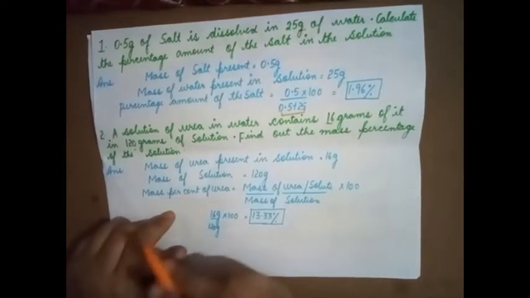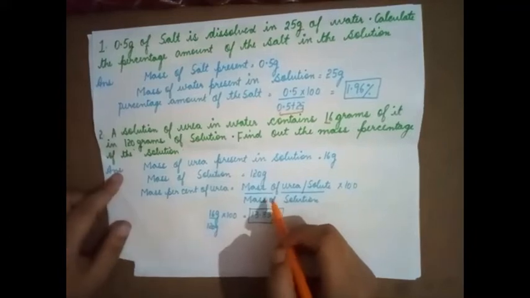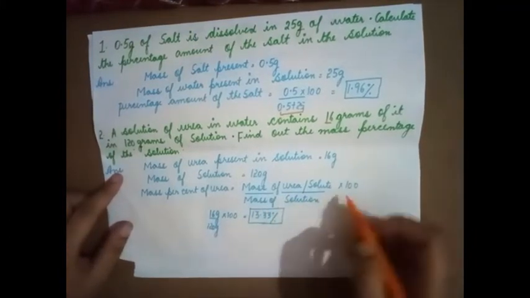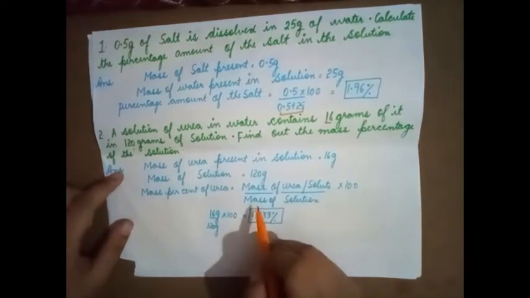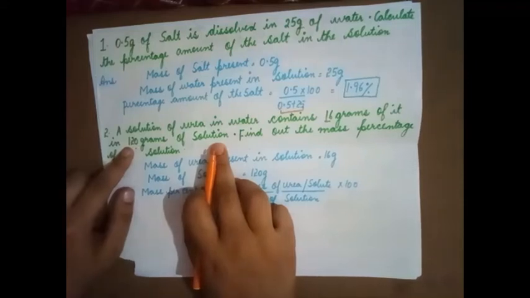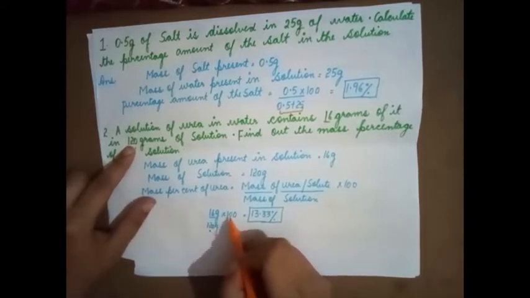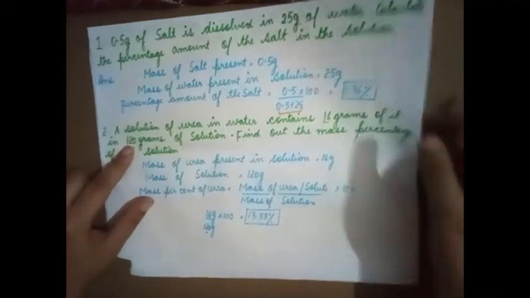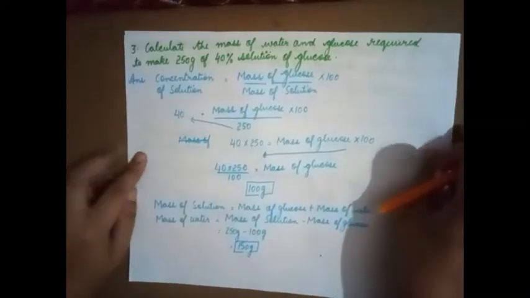Now what is the mass percentage of the solution? Apply the same formula because it is given in grams. So mass of urea, or the solute, divided by mass of solution into 100. Now urea, the solute, is 16 gram. They have already given you the mass of solution. Okay, they have not given you the mass of solvent, but they have given you the mass of solution. So since they have already given it, it makes our work easier. We just have to put 120 over here. 16 by 120 into 100, we will get 13.33%.